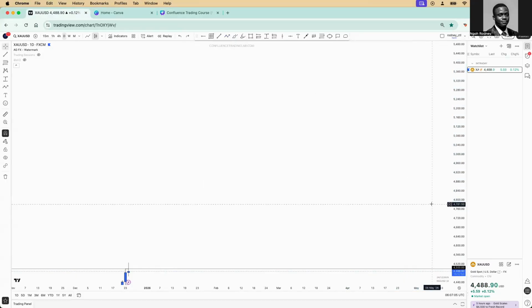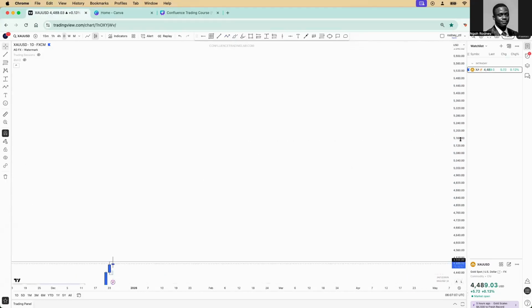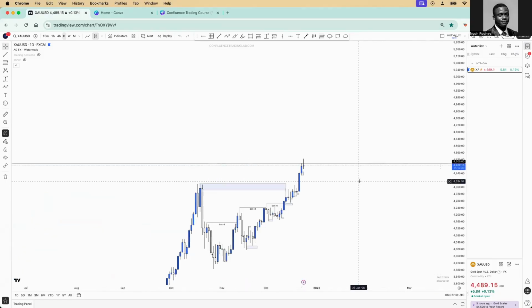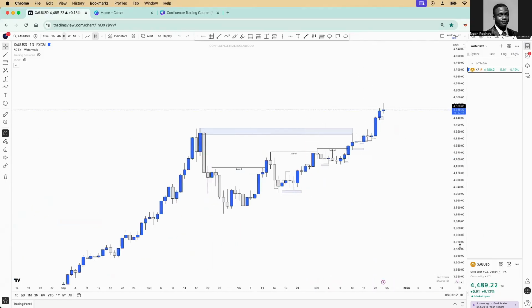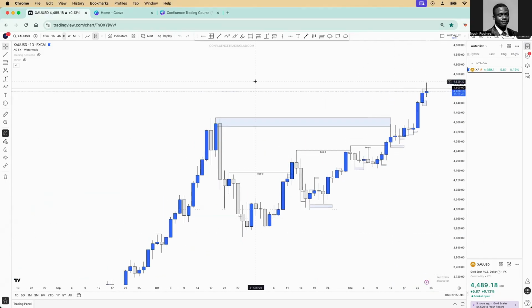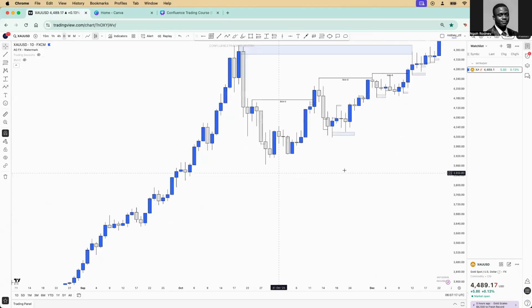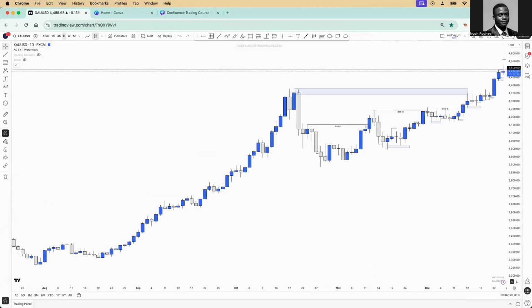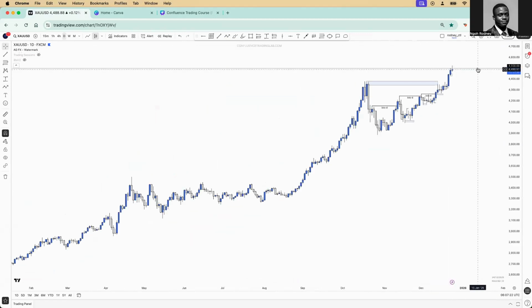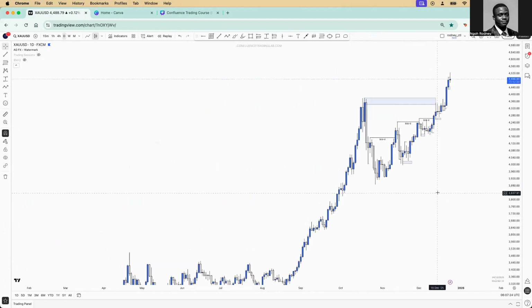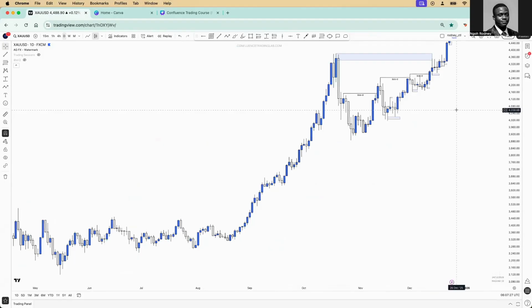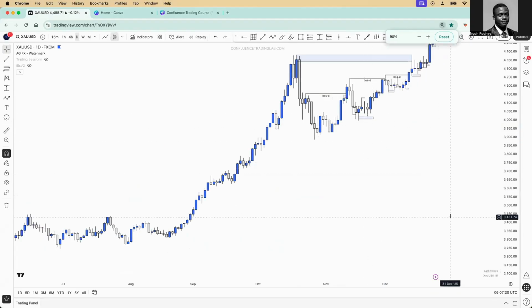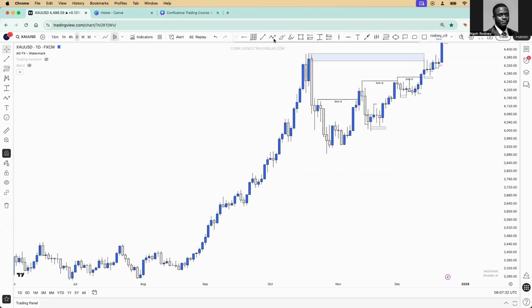Very good. Now, with that being said, sometimes it can get a bit complicated, right? It can get a bit tricky. So, for example, let me show you a good example here. If you look at the price action from all the way here, try to increase it so you can see. Okay, so for example, if we take from here, what you see is that we were going up like this from here to here to here. Okay,